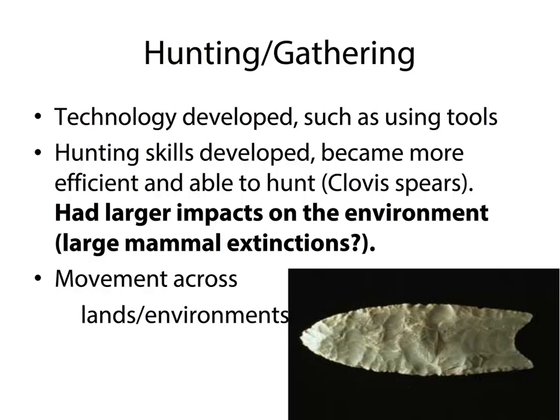There's a hypothesis that suggests that we started to cause many different species extinctions back at the time, and we'll cover that in the next few slides. But what I also want you to realize is that once this happened, humans started to move across the lands much more. And once they did, they also had a bigger impact on the environment. Make sure you all write that down. Okay, so once they became more advanced as hunters, they'd start moving across lands in different environments and have an even bigger impact on the environment than they did before.